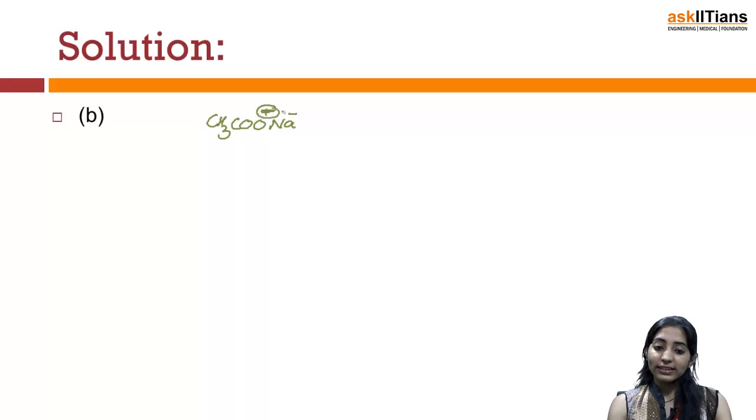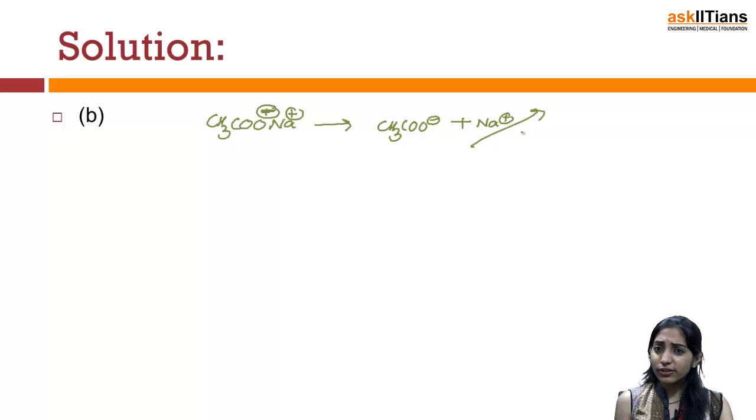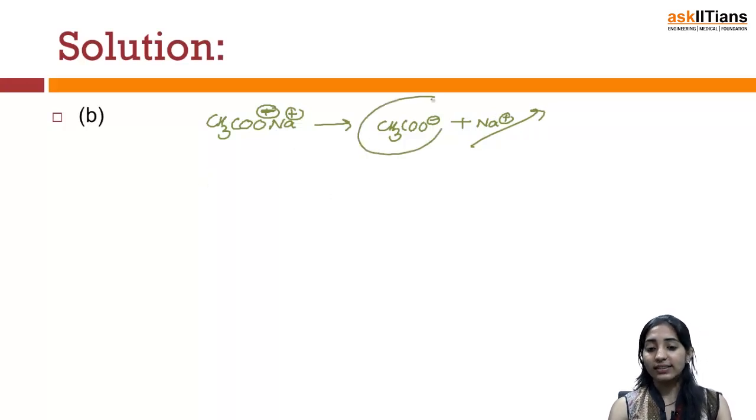So this is CH3COO minus and Na positive. In water, it will get hydrolyzed to form CH3COO negative plus Na positive. Now this is a cation which is coming from a strong base, so this doesn't get hydrolyzed. The only thing which gets hydrolyzed is CH3COO minus. So we can say that the reaction taking place is nothing but CH3COO minus plus water is going to give us